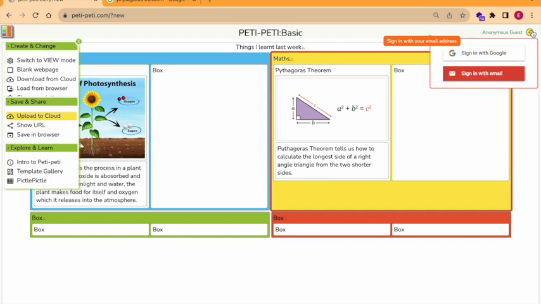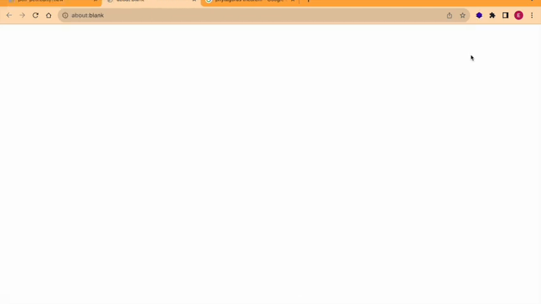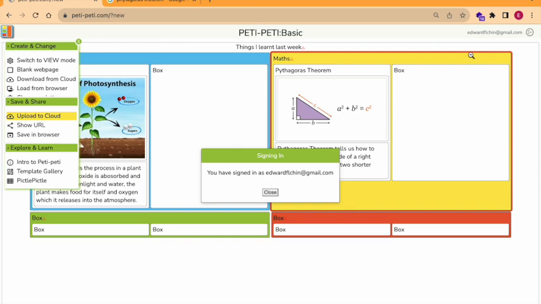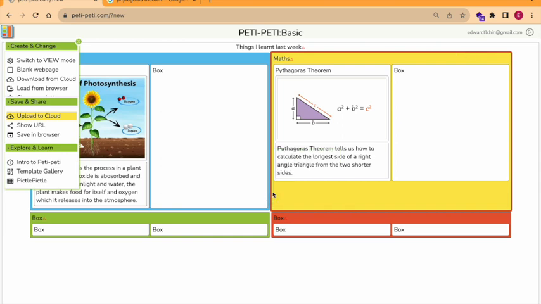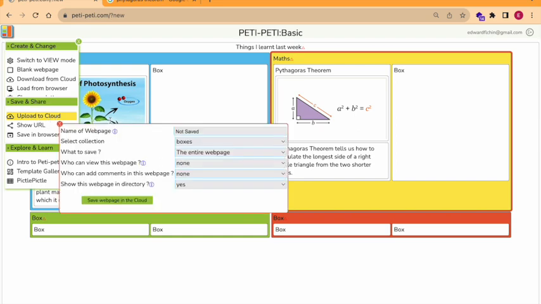So what I have to do is sign in with my email address. I click this icon, and there are two options: sign in with Google or sign in with email. I choose sign in with Google because I've already signed in with Google earlier on. I click that, and it checks to see whether I've signed in with Google, and indeed I have. So it recognizes that, and now I can click upload to cloud again, and this time I'm asked to enter